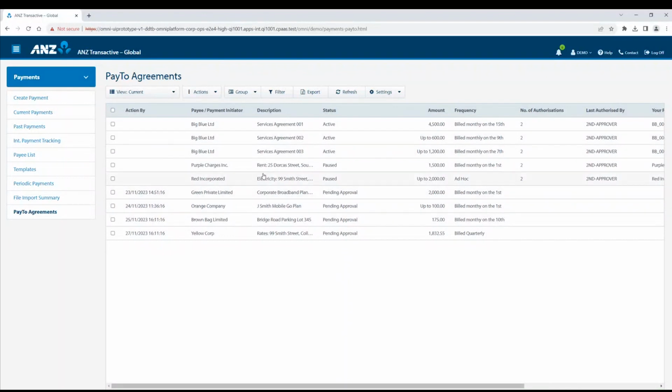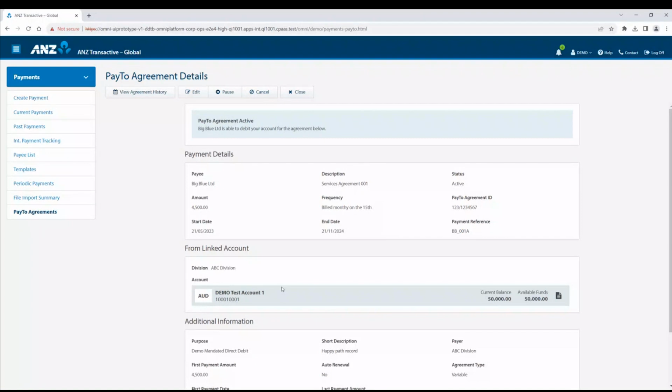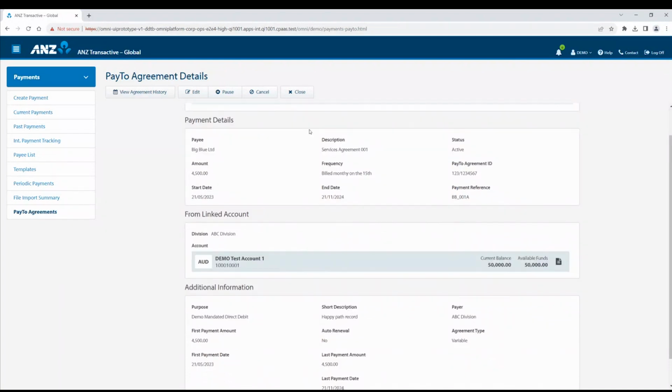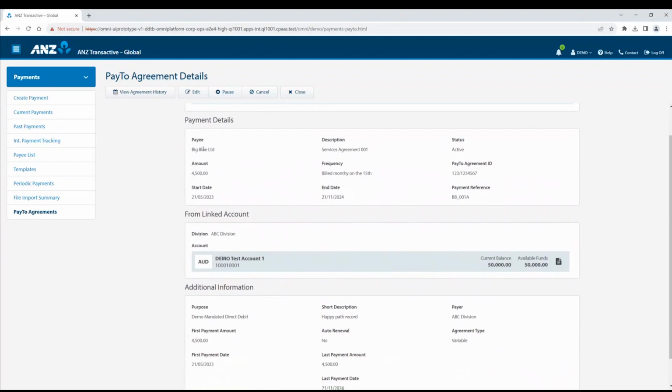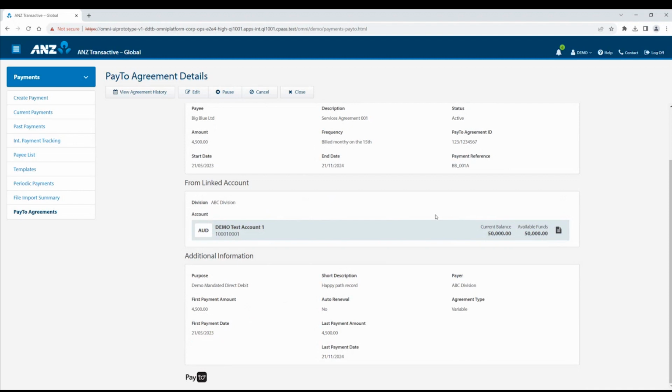Let's view an agreement. This opens the PayTo agreement details screen. This is an active agreement, which you can tell by this header message. Going down the screen, we can see some of the following information is available in this agreement. It tells me who the payee is, description, which is a reference specified by the payee, status, or whether the agreement is active or not, the amount, the frequency, start and end dates, your payment reference, the debit account details, or where the money comes out from, which account, who the payer or account holder is,